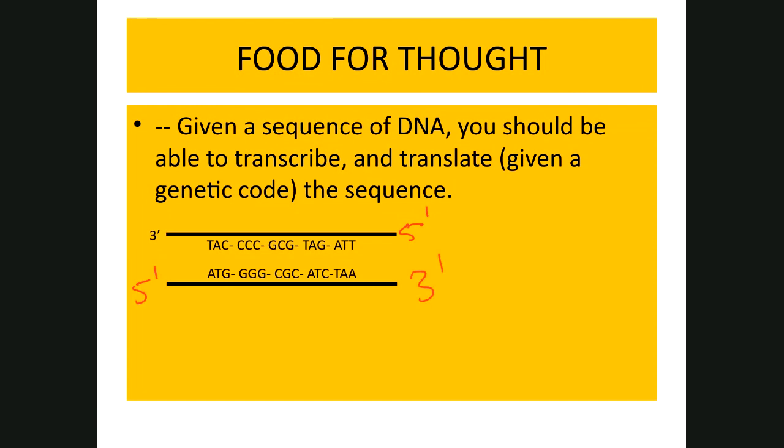When it comes to transcribing, if the promoter is on the left, which this example doesn't give you, then the piece of DNA used for transcription is the one on top right here, because it's the 3 prime to 5 prime. So the messenger RNA is going to be 5 prime,